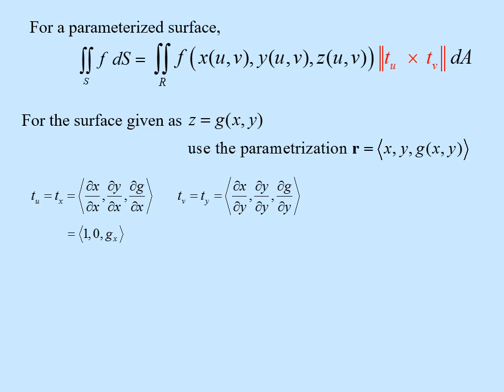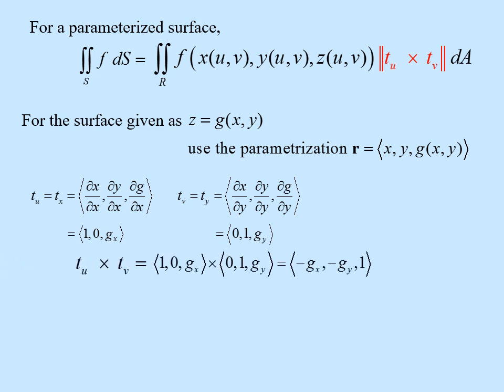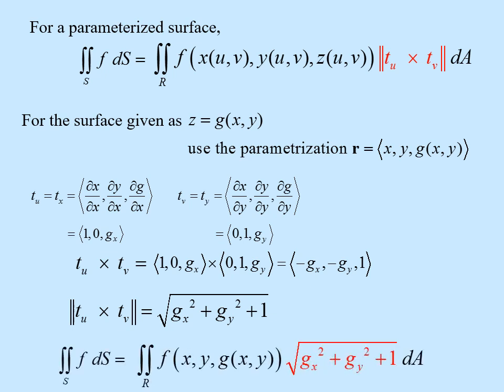Here is the derivative in the y direction, the tangent vector in the y direction, and the cross product of those would be this. When we plug that into the magnitude, we come up with this as our integration factor. So this is what our integral would look like if we have a function of x and y. Here would be our function,